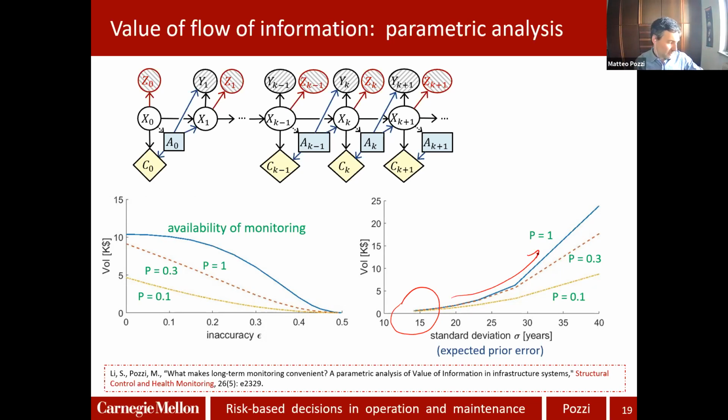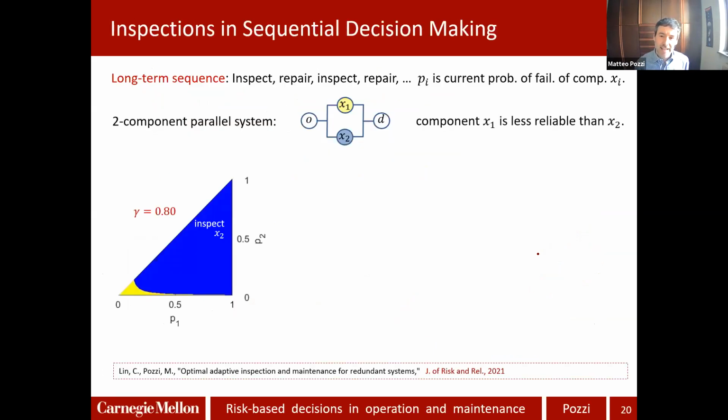That previously mentioned issue of submodularity tells you that sometimes information has a high value only in conjunction with another piece of information. So sometimes installing a monitoring system is very relevant only if you know something else, but essentially not in this case. And another analysis that we have done is related to what I told you before,